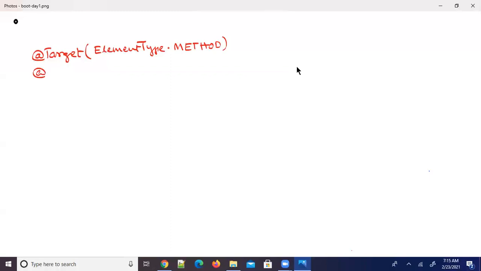Next, I'm writing @Retention, with RetentionPolicy.RUNTIME.